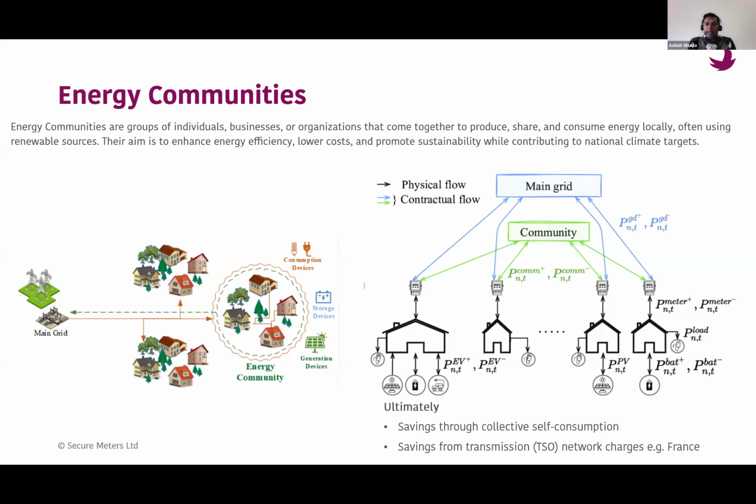And as I told you last time, in some countries they even get a benefit because they are not using the transmission network, so they get a cost benefit because they don't have to pay the transmission network companies. So this is also one example. The challenges remain the same, because again there is solar, the home has your electric vehicle, and a home energy storage system and things like that. So a lot of energy components are there.